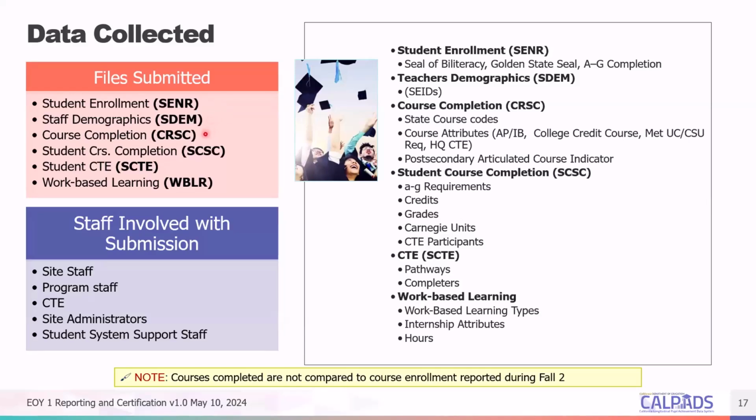Next, the course section completion, or CRSC, file is used to submit course completion data, including state course codes and course attributes for all departmentalized courses that students completed during the academic year. The student course section completion file format is used to submit student course section data, including credits, grades, Carnegie units, career technical education, and A-G requirements for departmentalized course sections that students complete during the academic year and for which